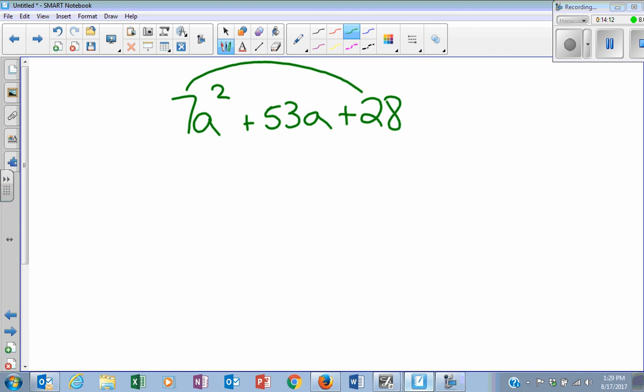7 times 28. Okay. If you have a calculator, that should be 196. Now, I'm not going to know the factors of 196. So that means I'm going to have my calculator out. I'm going to take, and I know what's the first one. 1 and 196. Am I really going to try that one though? No, I know they have to be